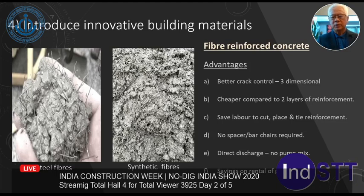So because it's 3-dimensional, it's definitely a better crack control compared to reinforcement. As you know, reinforcement is basically there to minimize or control the cracks. And the other thing is they are much cheaper if you are doing a 2-layer reinforcement, right? If it's a single layer, using fibers is probably a little bit more expensive, but for sure for 2-layer,